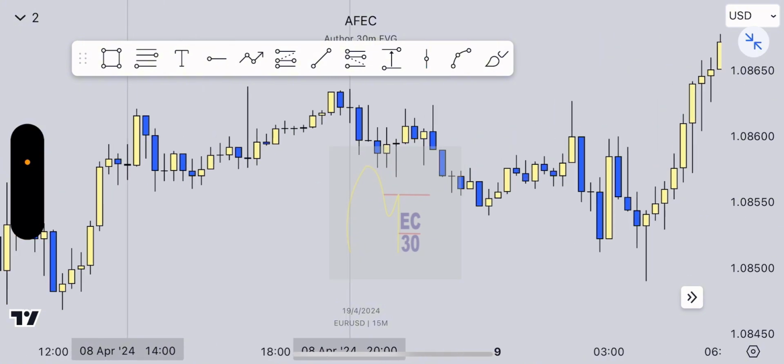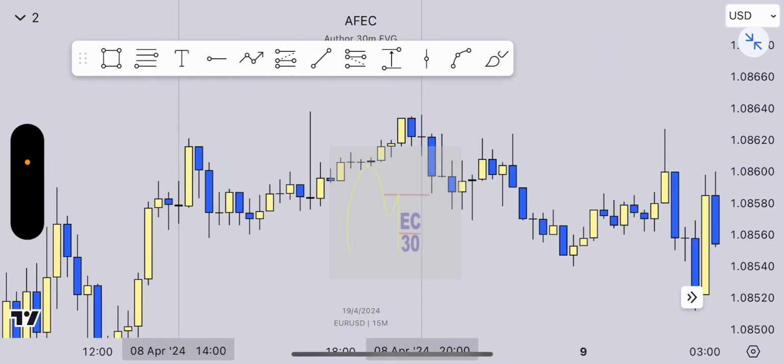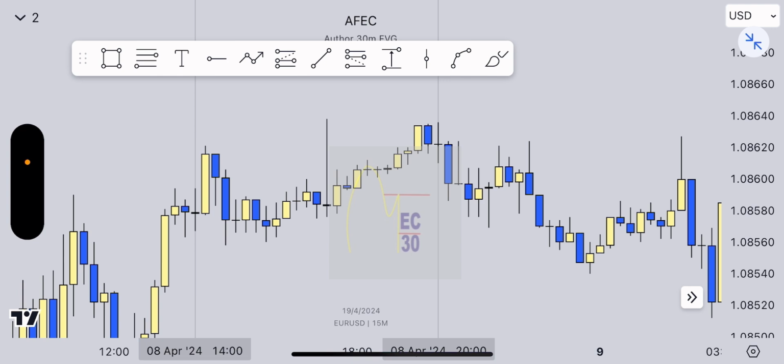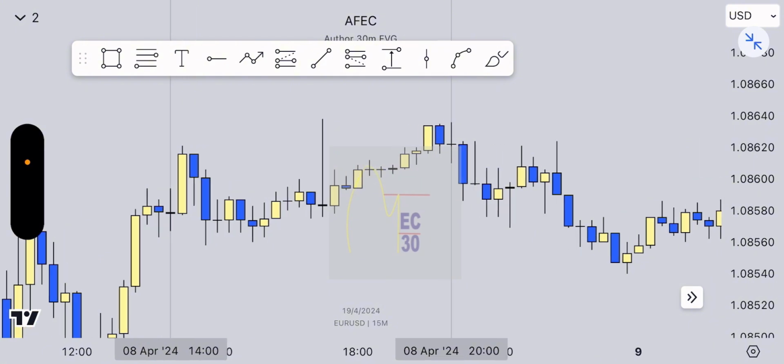So for example, I have checked this Euro USD. We can see on the daily chart we have a sell bias. Okay, that's a sell bias. So when we are selling, what are we going to do? We either buy to the high of the day, or we wait for it to come to the high of the day, and then we sell to the low of the day, right? So here,